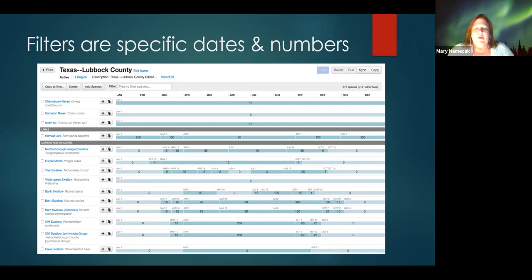And if it's something that comes in a few days early, or something that comes in at a little bit higher numbers, you'll never hear from the eBird reviewer. They'll approve that and move on. If it's something that comes in that isn't supposed to be here, that's when we get involved. So I thought this would be helpful because so many people don't understand how the filters work, and it's that we have to pick a date and we have to pick a number. And so you may be just one over it or one day before it, it'll still trip the filter because there's no logic in it other than this date and this number.